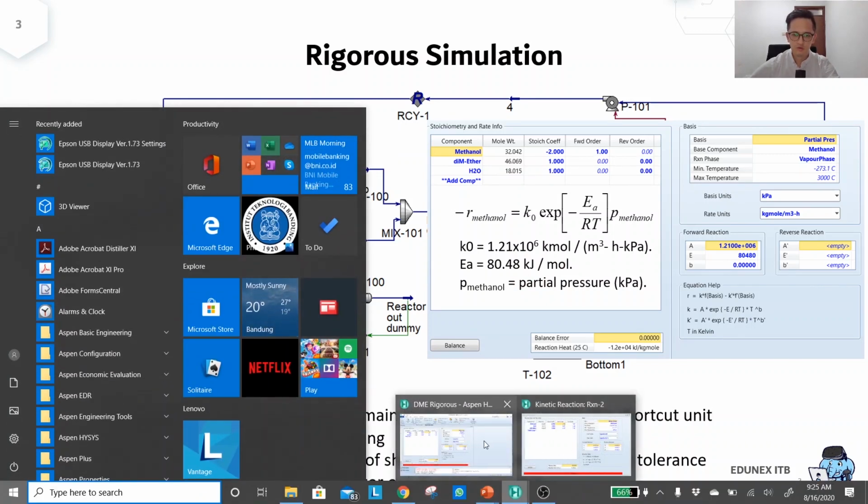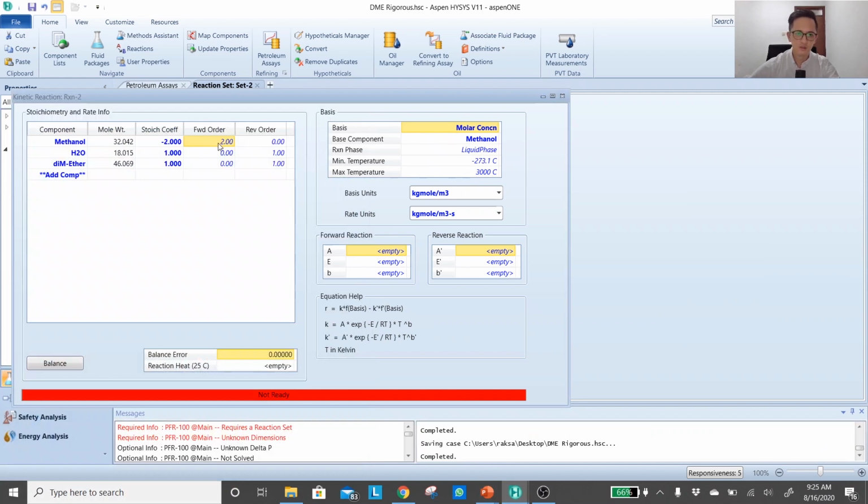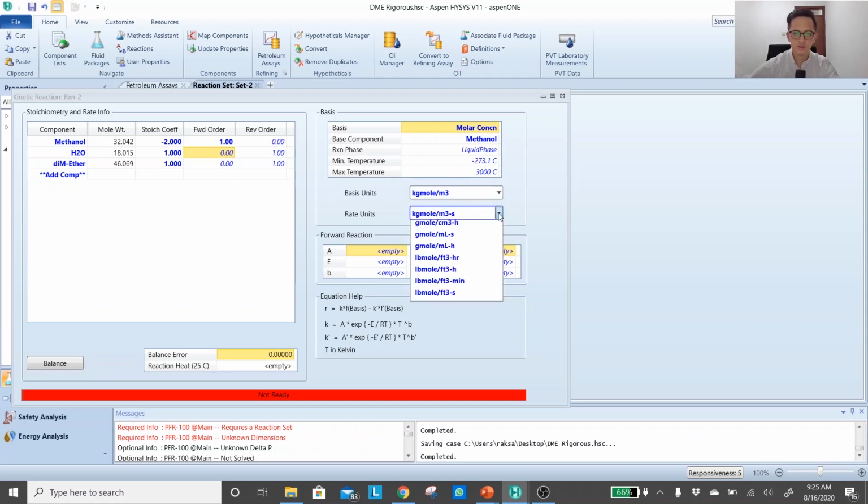Okay, so let me go back to my simulation. Now I'll update this and then check the units. Okay, check the units. It has to be in hour. 1.21 E6, 80.48 kilojoule per kilomole.